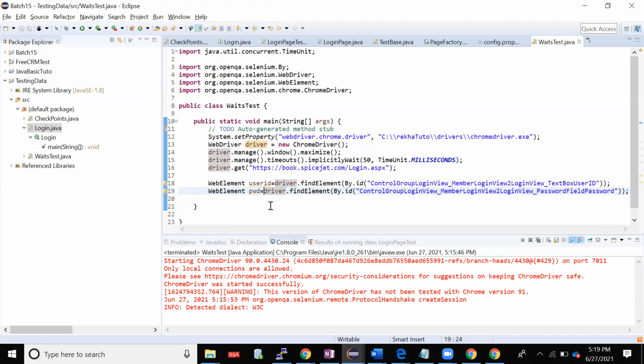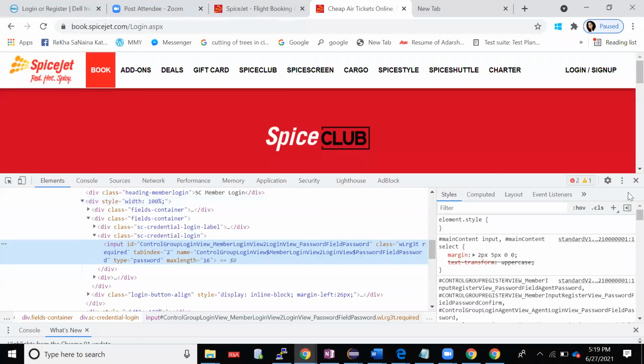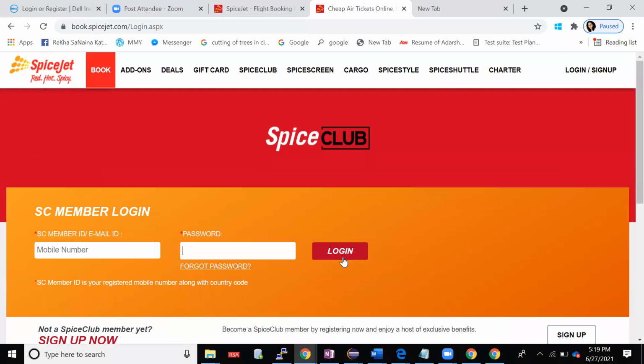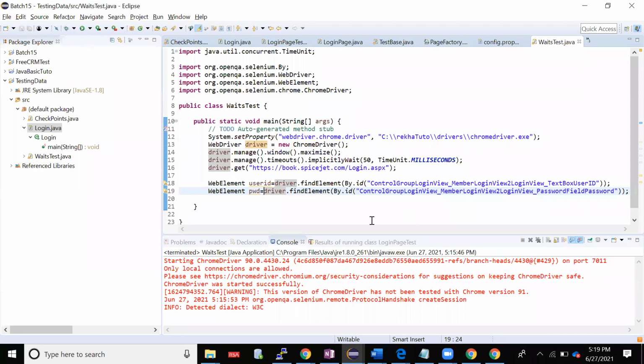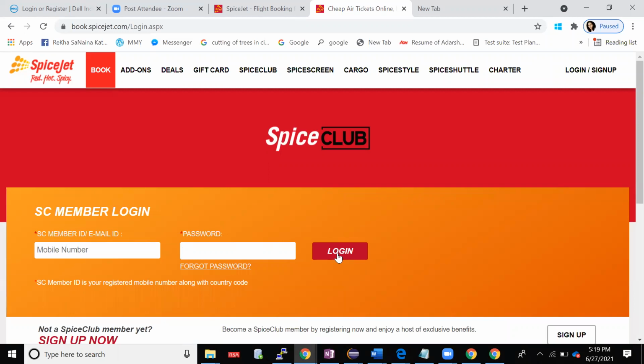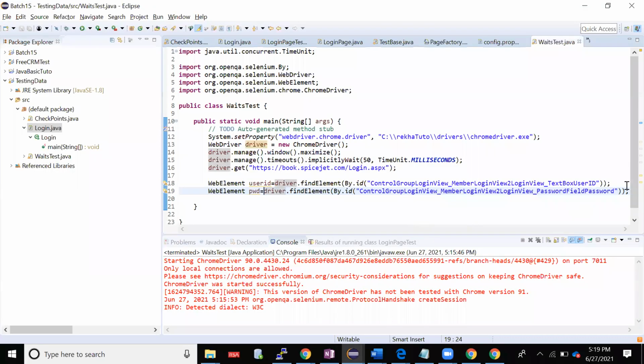These two fields are found. So what should I do next? Here, the login button is there. Now the login button is working fine. Just assume that sometimes, after 30 or 40 seconds, it is taking more time to load and is not working properly. In that case, how do you handle this? I want to define an extra wait for this element explicitly. So how do I define my explicit wait?